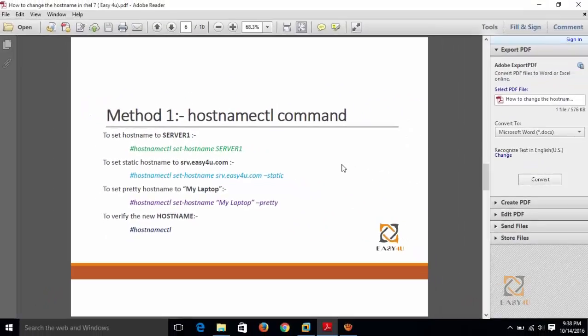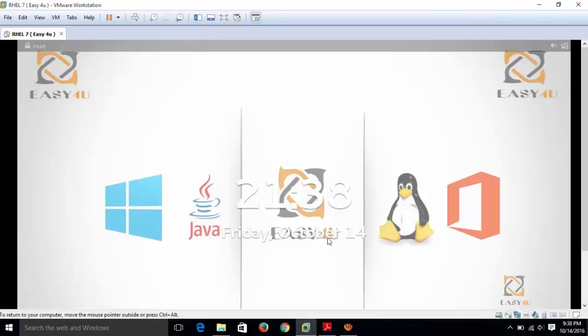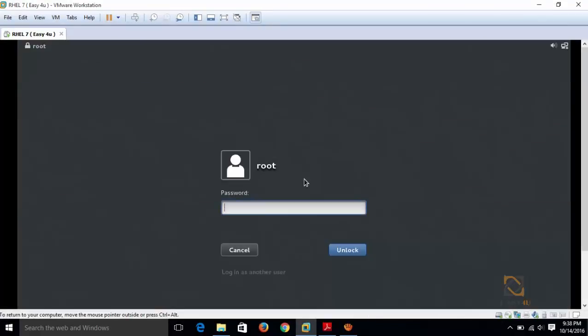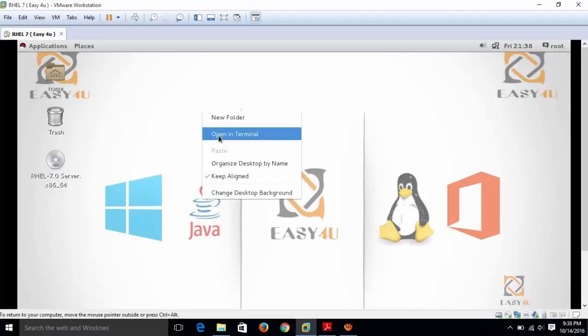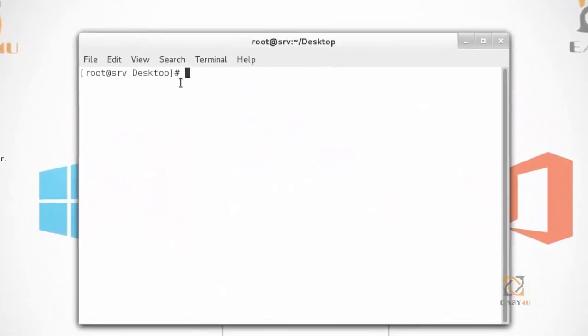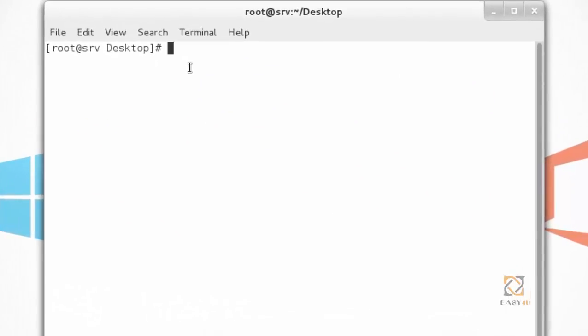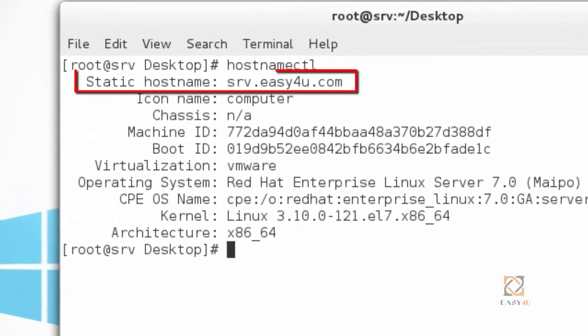Let's start the practical. First of all, open the terminal. Then check the current hostname of this machine with hostnamectl. The current hostname of this machine is srv.easy4u.com, and this is the static hostname.